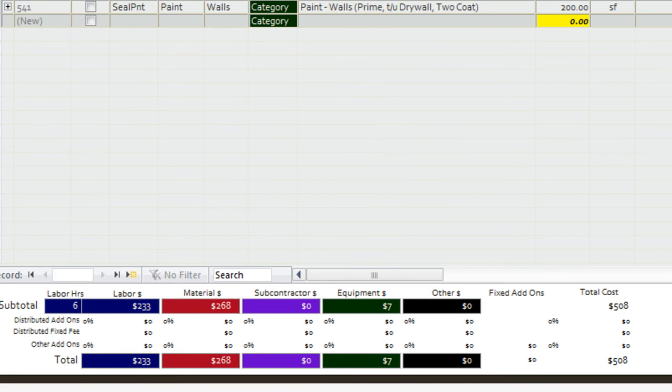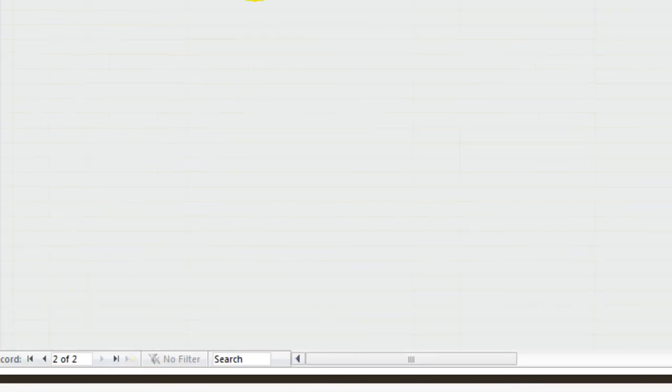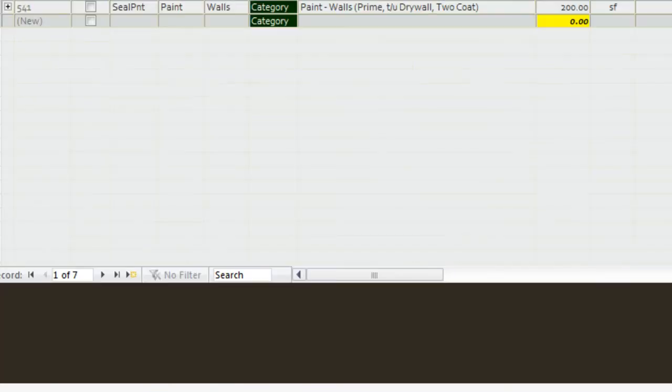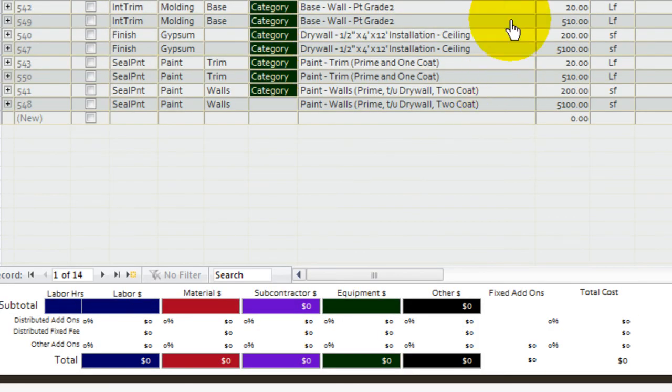So let's go back in here, and I'm going to do another wall assembly. I'm just going to start typing it in. 10 foot, 6 inches, and that wall's 255 feet. No big deal. We just did that one at 255, and as you can see, it starts componenting it up. Now, if you were building that manually, you just doubled your time, because you'd have to go back and put